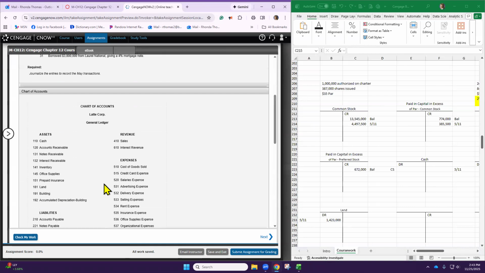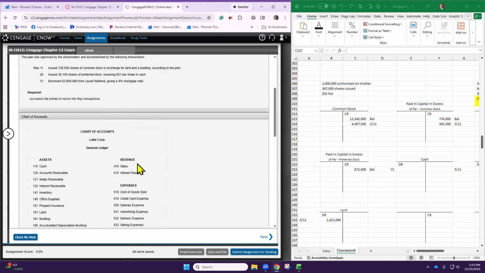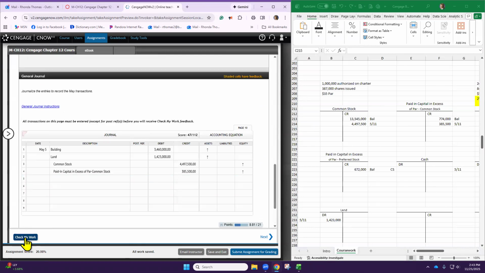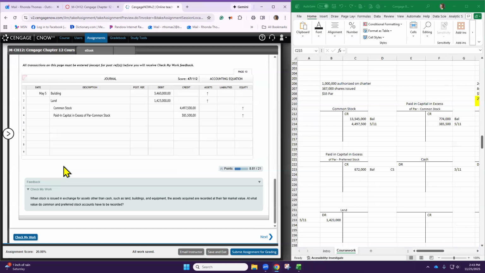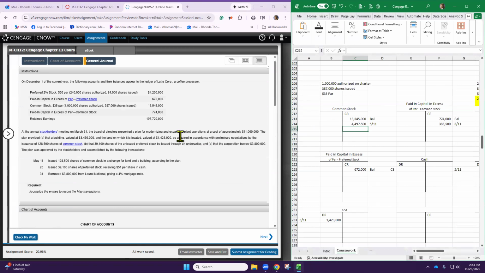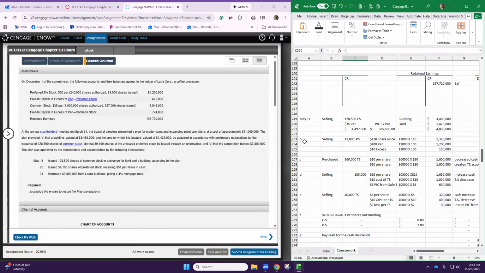Okay, so then the next one is going to be May 20th. Let's check if we're right. Hopefully so. It's not checking it for us until we put in the rest. All right, so then May 20th, and we'll go back up here. So May 20th, we're issuing 39,100 shares of preferred stock, receiving $51 per share in cash. Okay, so now it is May 20th,